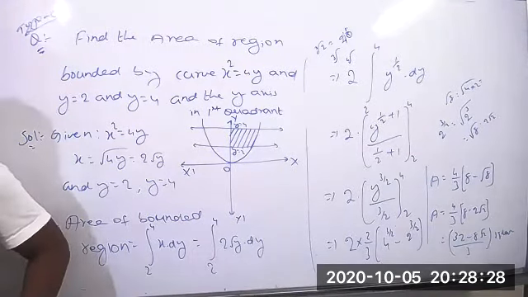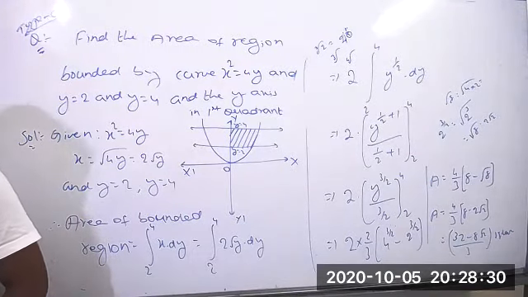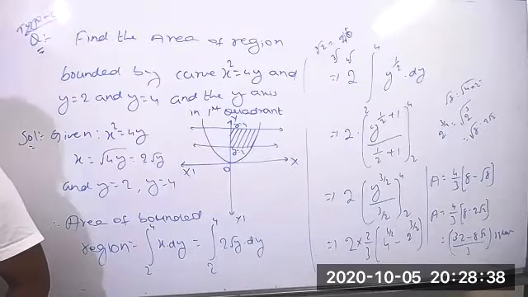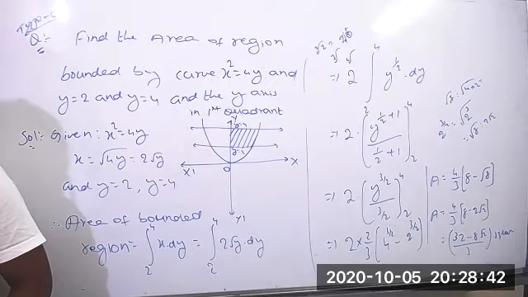Sir, I had some issues, sir. That root 8, can you explain again, sir? Root 8 equal to root, what is the meaning of 8? 4 into 2 you can write. It's correct, 2 4s are 8. Yes, sir. Root of a into b equal to root a into root b. Am I correct? Yes, sir. And then root 4 into root 2. Root 4 equal to how much? 2. 2 root 2.